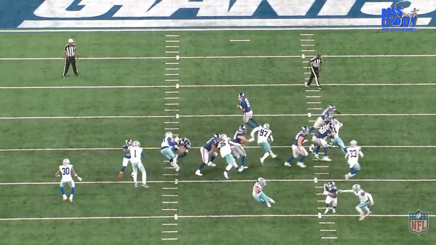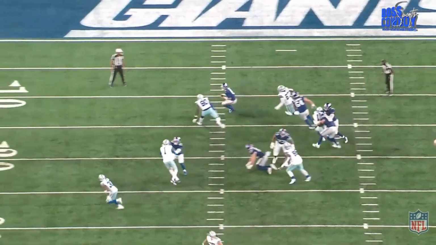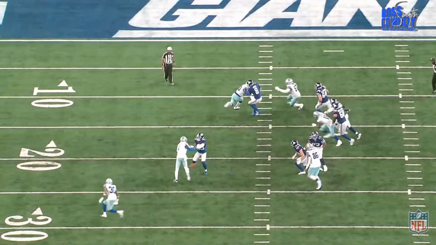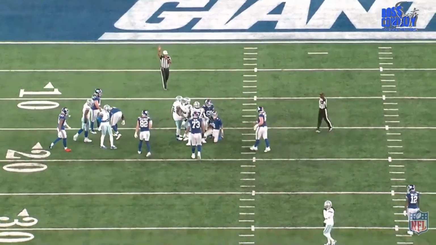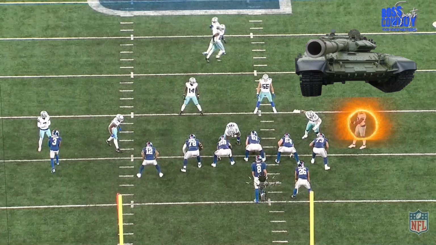So he comes back across the face of the tight end, and that's a big mistake by the Giants. You cannot block Tank Lawrence with a tight end. So as soon as Daniel Jones gets out of this boot, Tank Lawrence is going to be in his face, and he has enough speed to still close. Almost overran him there, but did a great job slowing down, circling back, and got the sack. So that's just a fantastic play, and it's discipline, right? It's disciplined by Tank Lawrence, and notice he did not go inside and overrun inside, but he played technique.